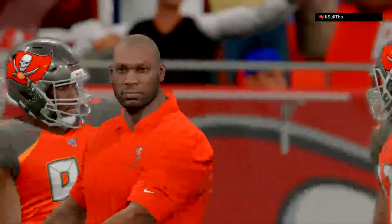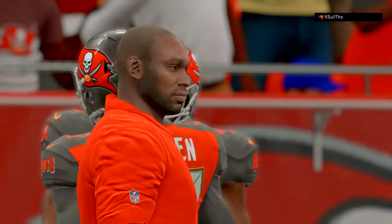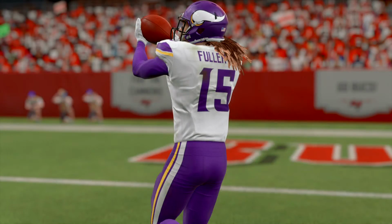So they stay alive in the NFL playoffs, move on to the conference championship, and do you think that the printing press is starting to get those T-shirts and